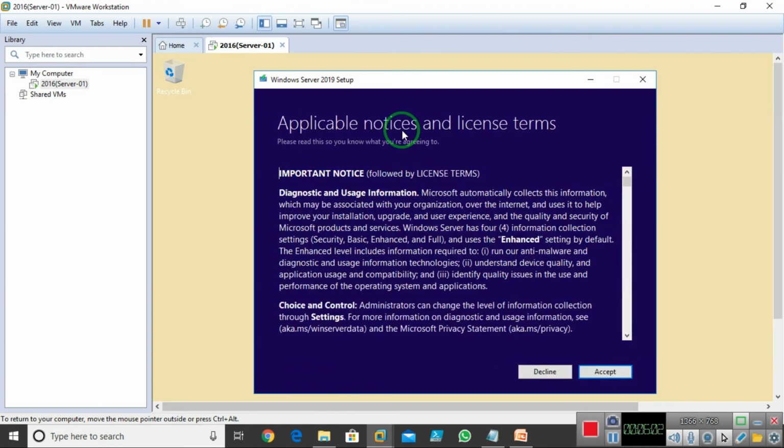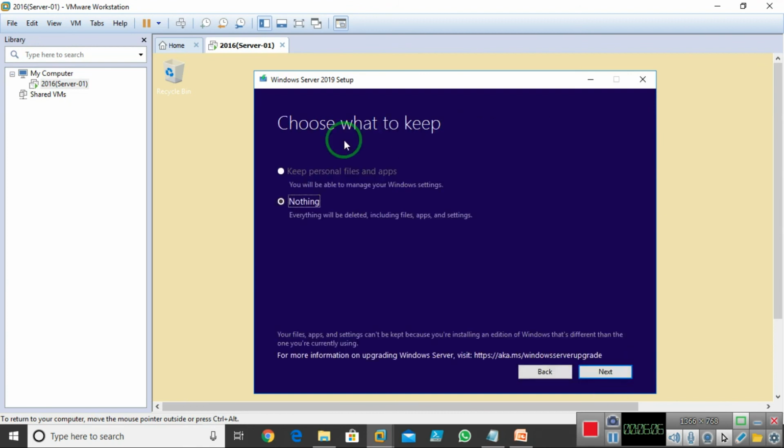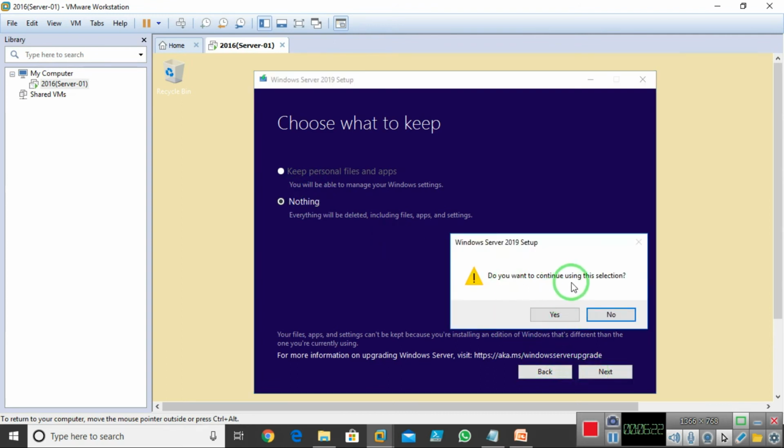We are getting ready. I need to accept this license agreement, so click accept. If you don't want to keep anything, you can choose this option: don't keep anything, just remove Server 2016 and upgrade to Server 2019. Simply click next. Do you want to continue using the selection?